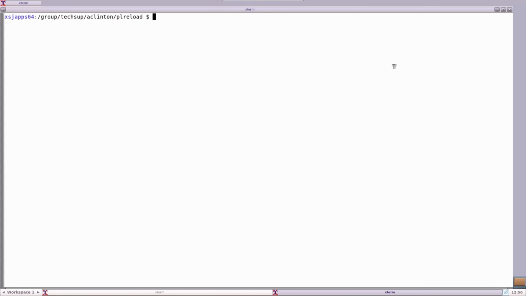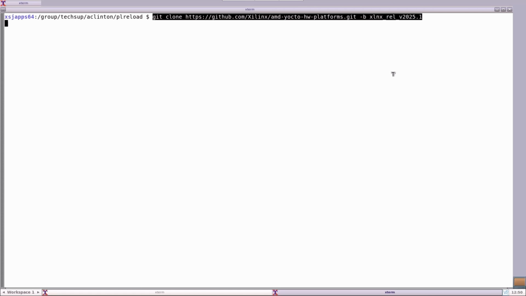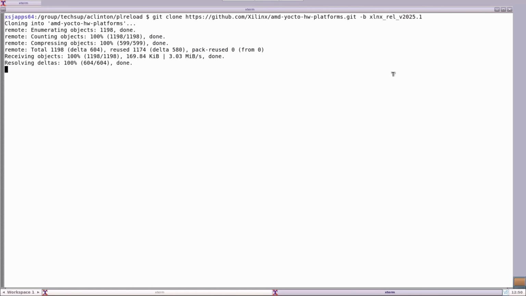Let's begin the demo by compiling the base CED project. The CEDs can be found on the AMD GitHub in the AMD Yocto HW Platforms repository. Note that if you are using the Vitis extensible platform and the default PL payloads, there's no need to recompile since the base NOC solution file, the .ncr file, is shipped with Vivado. Clone this GitHub repository with the branch for Vivado 2025.1 into your working Linux directory.